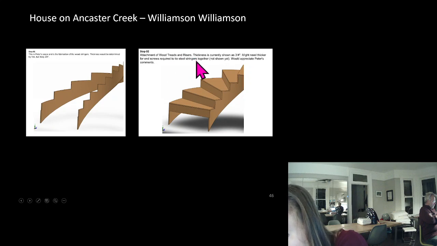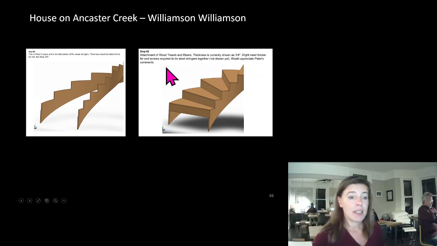Attachment of wood treads and risers. Thickness is currently shown as 3/4 inch. Might need thicker for end screws required to tie steel stringers together. Not shown yet. Would appreciate Peter's comments. So this is where